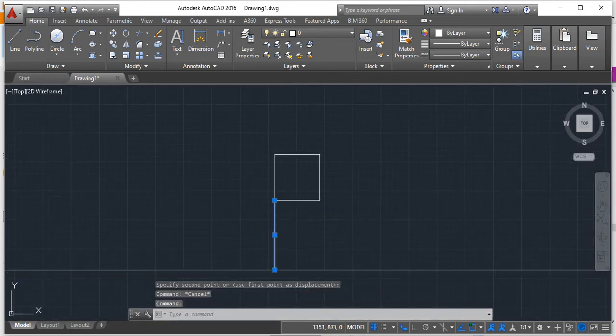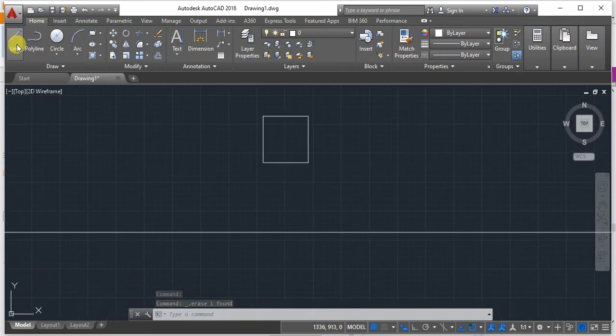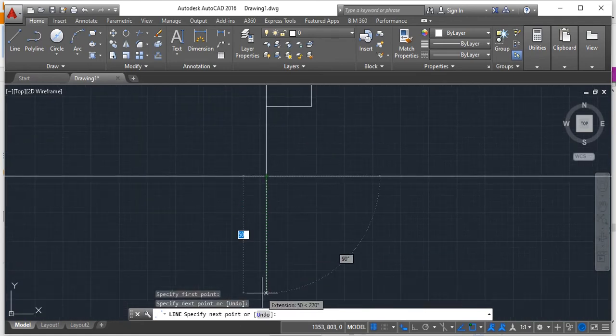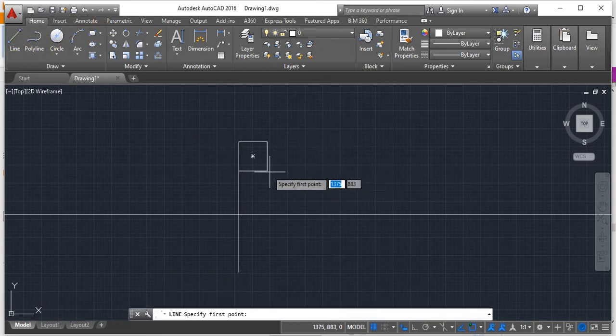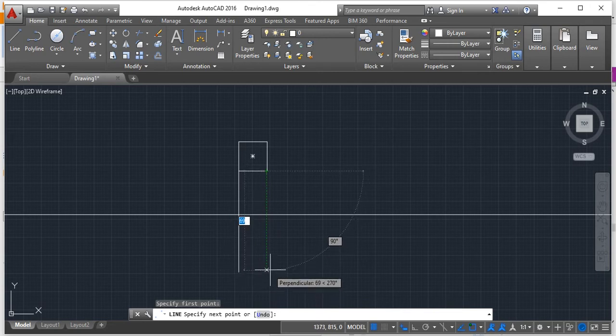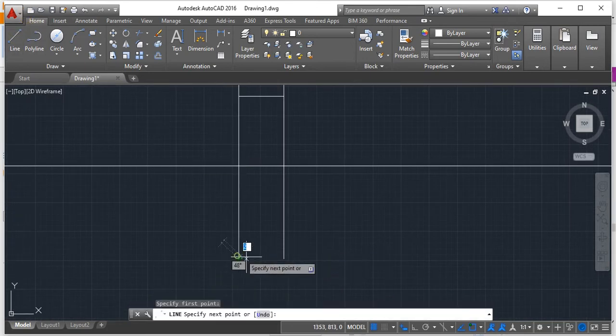Right. Now you have to project it downwards, which is 40 mm below the XY line. So this is here 30, then from here it should be 40. Now what will be the top view? The top view would be just a line, right? When you are projecting it downwards, it's just a line. So just join these two lines.